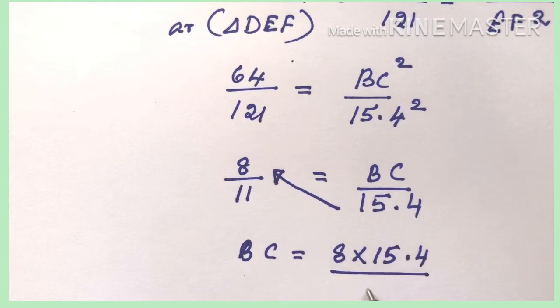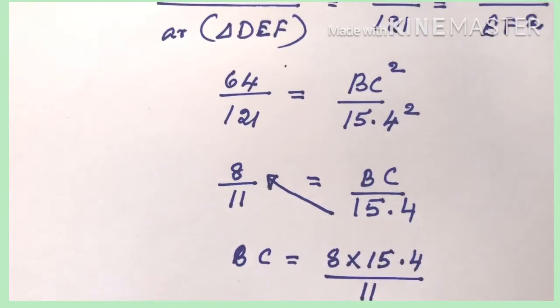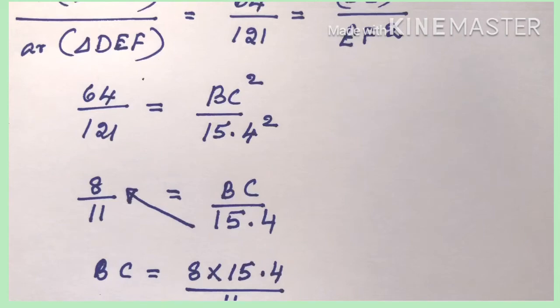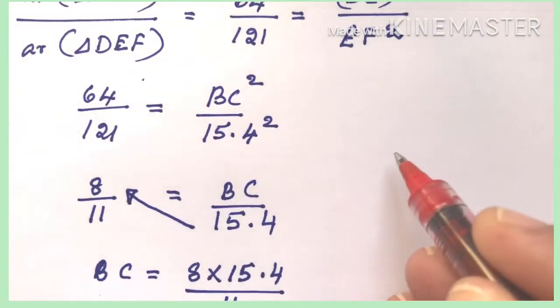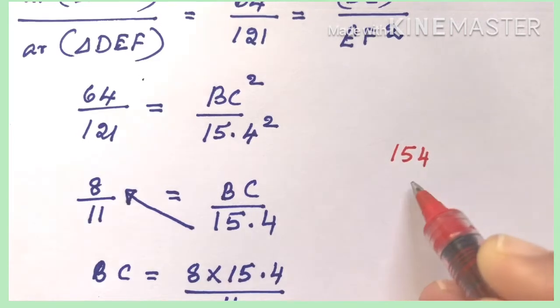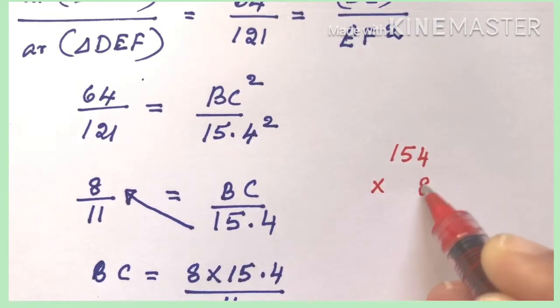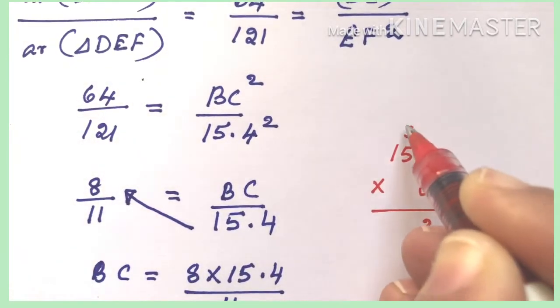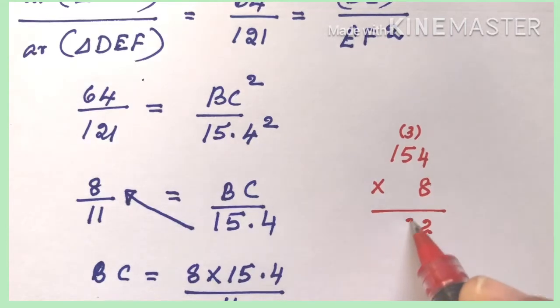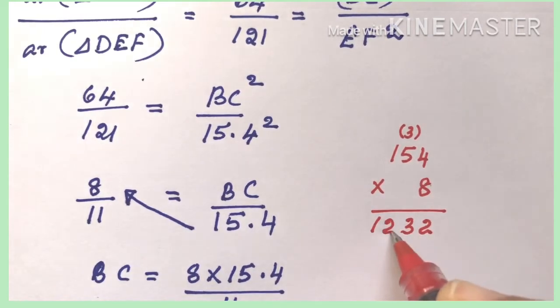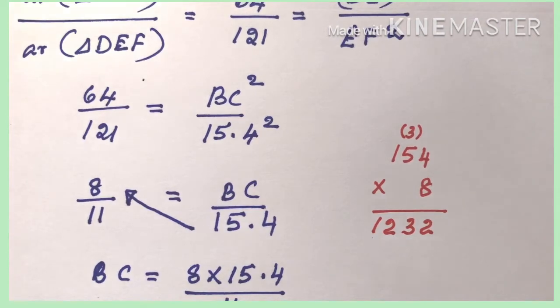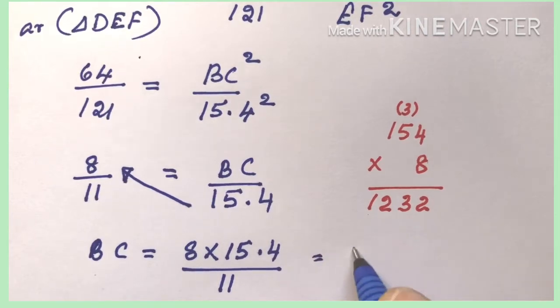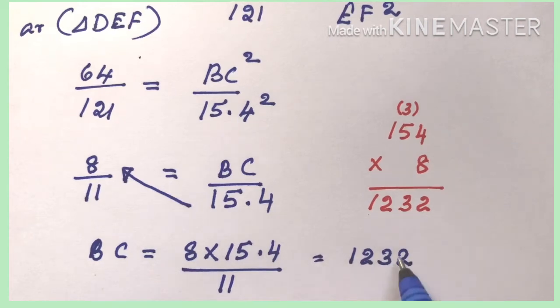What is the numerator? Take 15.4 and multiply with 8. 15.4 is a decimal number. When you multiply, write it without the point: 154, then multiply with 8. What answer do we get? 8 times 4 is 32. Then 8 times 5 is 40, plus 3 is 43. Then 4 balance: 8 times 1 is 8, plus 4 is 12. So we get 1232. After that we need to put the point. In the question, 15.4 has 1 digit after the point, so the answer also needs 1 digit after the point. Then we get